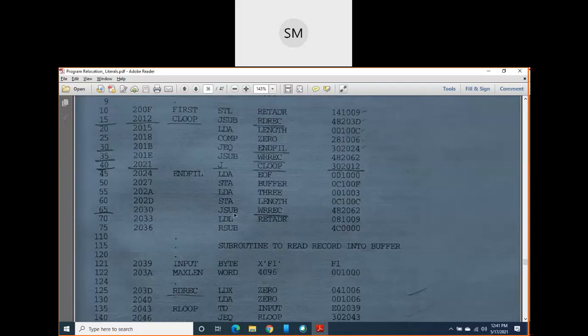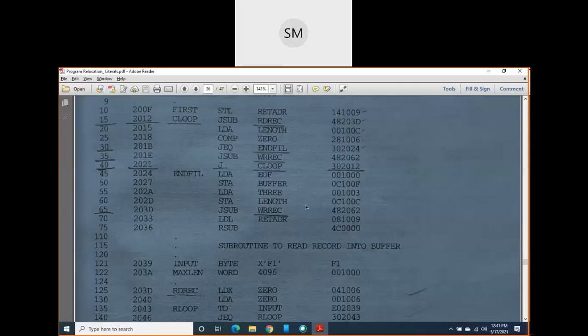Once again you are getting JSub, remember. This is the third time you are getting JSub. Earlier it was JSub read record, then for the second time JSub write record. Once again JSub with write record is here. So again the assembler does not know the address of write record, correct? So what it does, it marks write record as undefined once again.